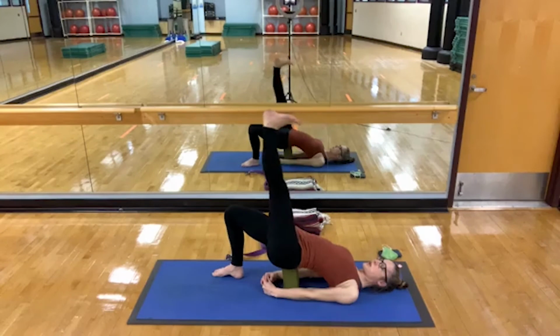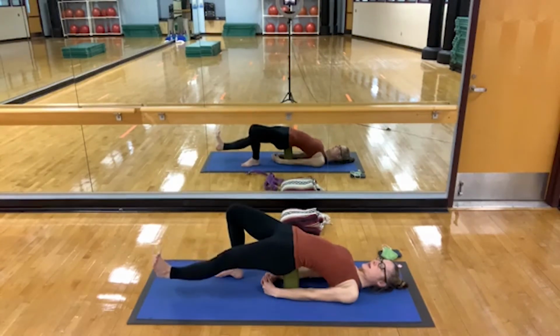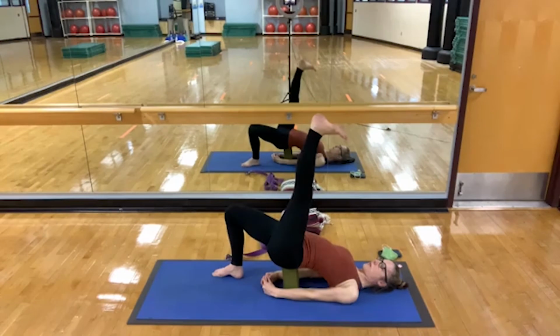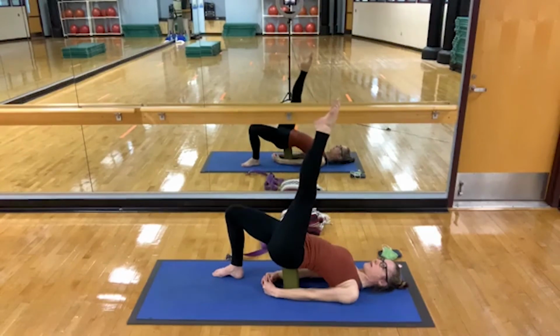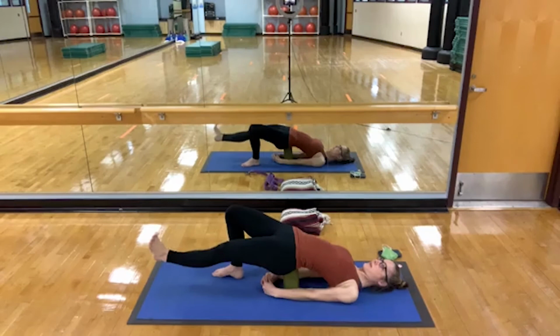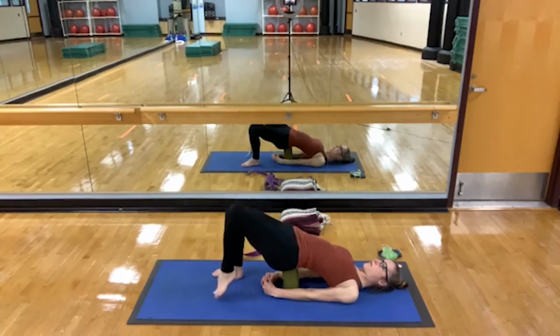From this position, start to reach your heel away from you. See how low you can go with a straight leg. Point the foot and lift it up. Flex and lower down. Keep your pelvis steady. Point and lift high. One more, flex and lower down. Point, lift high. Bend the knee and lower your